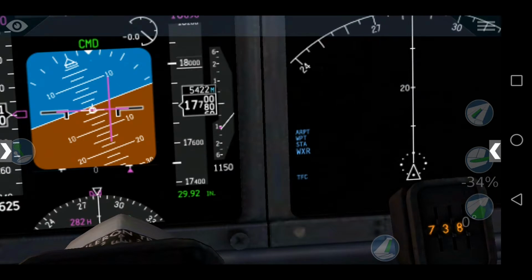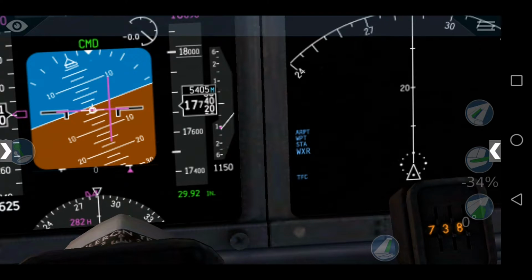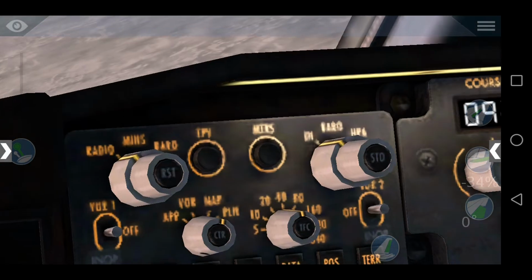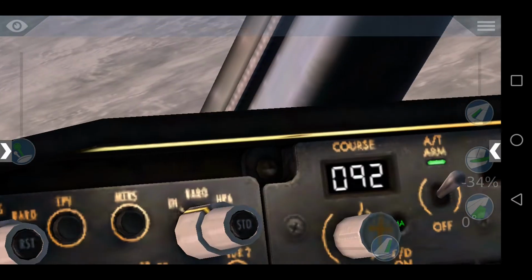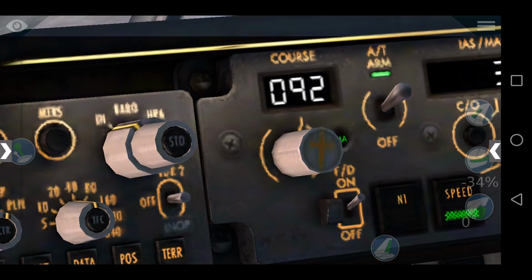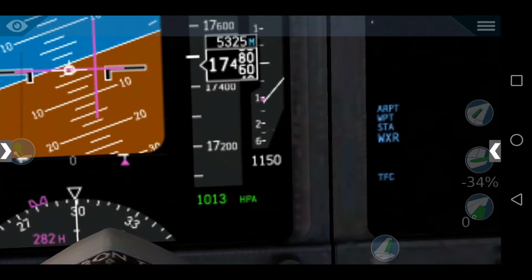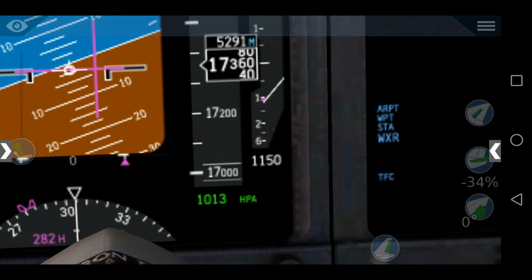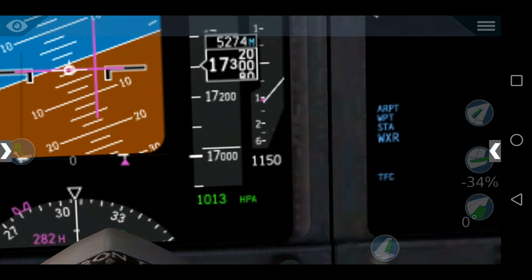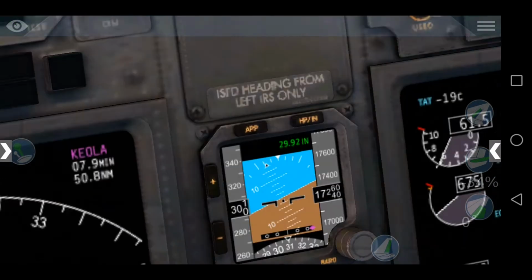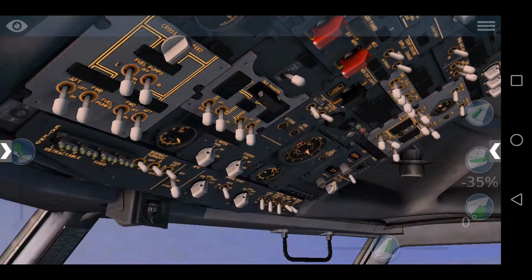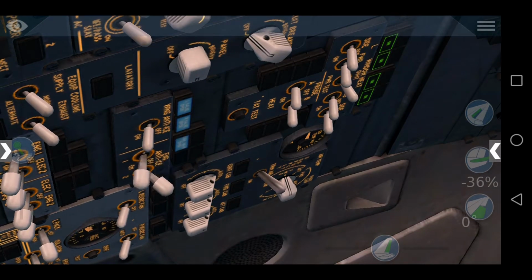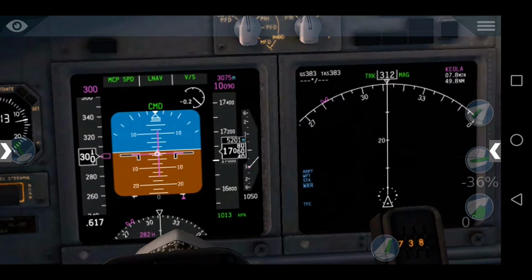Alright, so if you look at the bottom of my altitude tape, it is showing 29.92 inches, which is the barometer reference in terms of mercury inches, but I want to select it in terms of hectopascals. So I just come onto the mode control panel here and zoom in a bit, and then I have selected it to hectopascals, which is equivalent to 1013 hectopascals, which happens to be my QNH reading at the airport elevation of 13 feet at 15 degrees Celsius. Speaking of temperature, our outside air temperature is actually minus 19 degrees Celsius. So I should have turned on the anti-ice system in order to keep the pitot tubes from freezing. Alright, with that selected, we are now descending